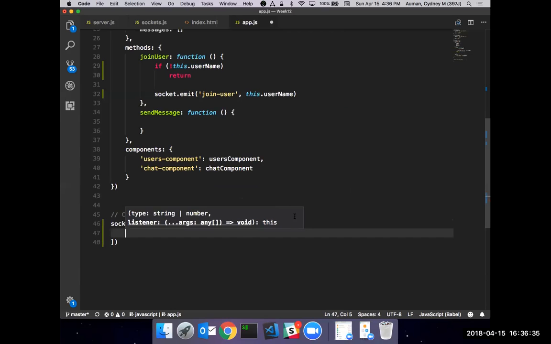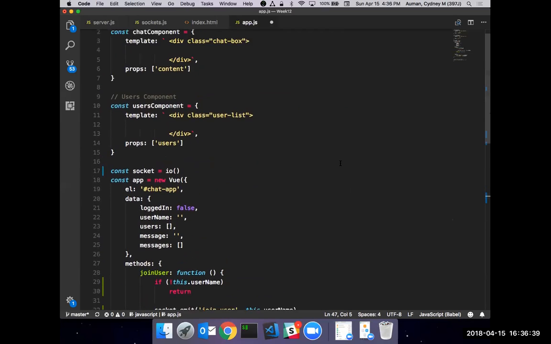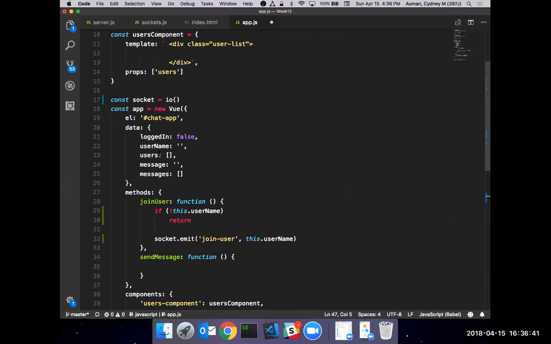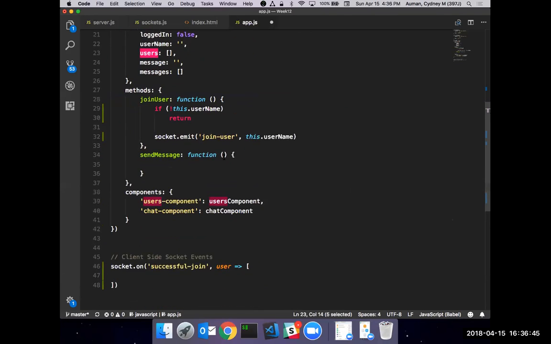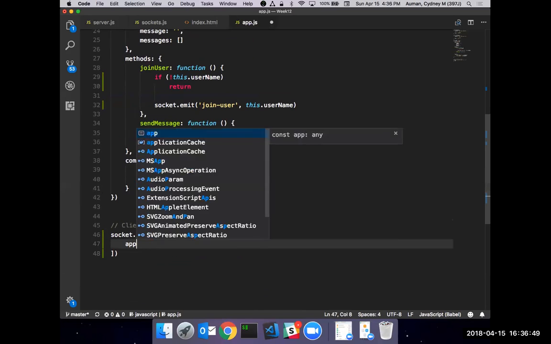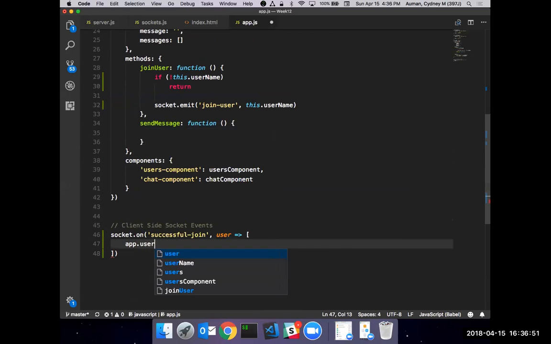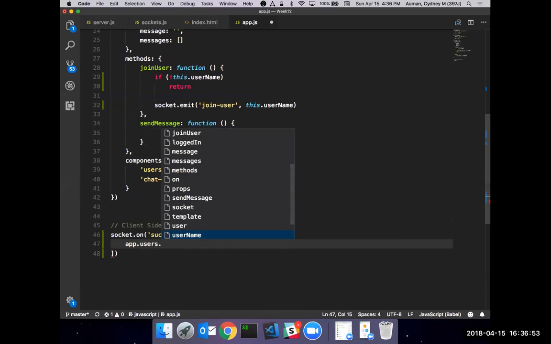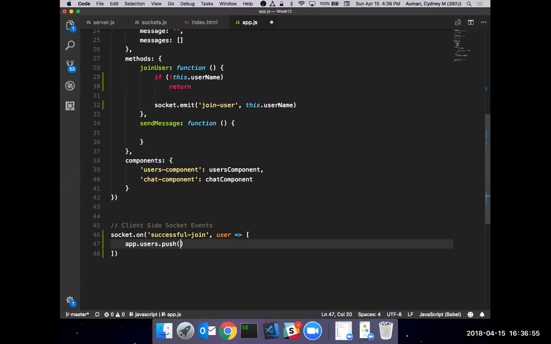Now I'm able to handle putting it into my front end users array so that my client side knows who's there. So I can say app.users.push user, right there.